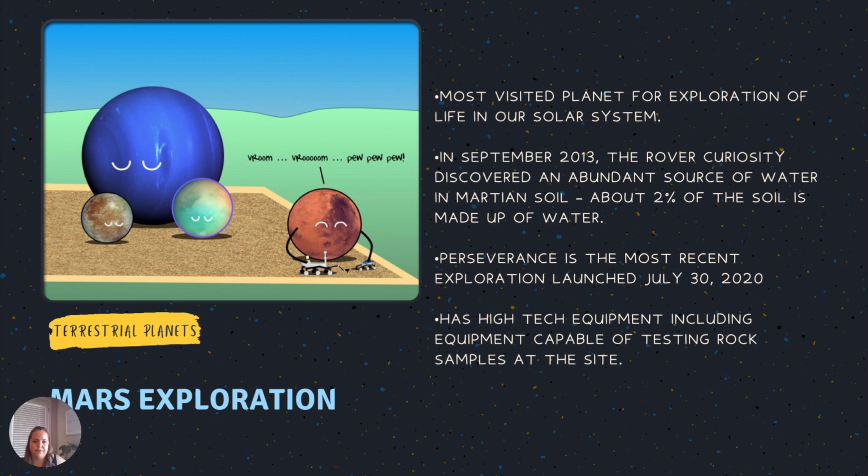So right now we have a huge focus on Mars, and Mars has a lot of rovers that go to it and investigate it. And one of the biggest ones was about 10 years ago. Oh my gosh, it's been 10 years now since Curiosity was there. Well, it's still there. It doesn't come back. But Curiosity discovered that there was 2% water in the soil that it picked up. So this rover actually was one of the most advanced that we had sent at that point.